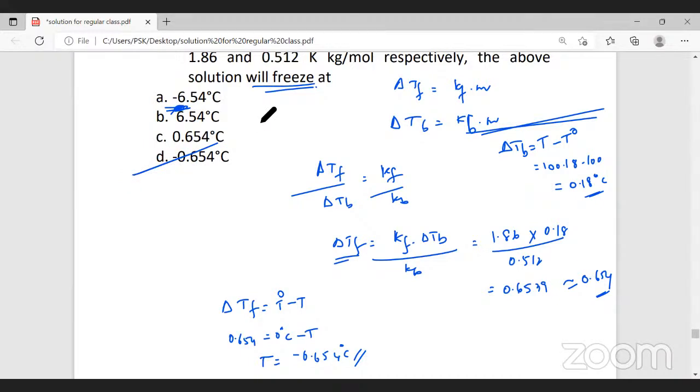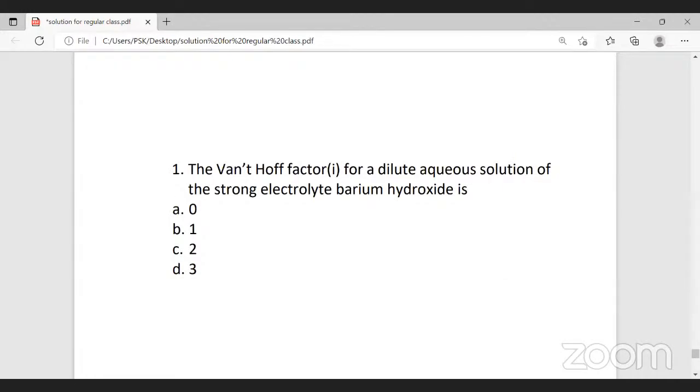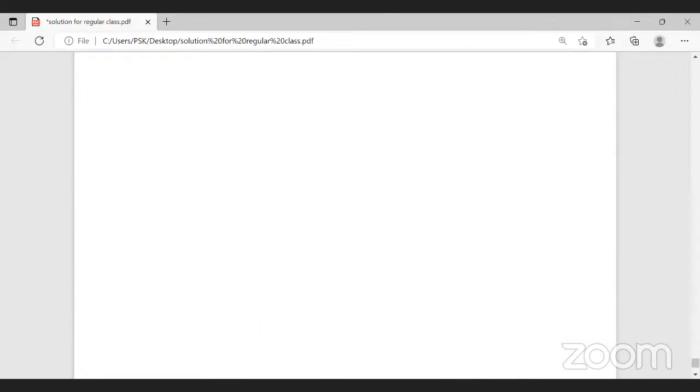Yes, sir. Yes. Now, I don't know whether we can work a few more problems. I've solved all problems. One or two problems we'll solve. I'll write it and solve. The next problem is based on freezing point. I'll write it on the last page here. Right. I didn't have time to type.